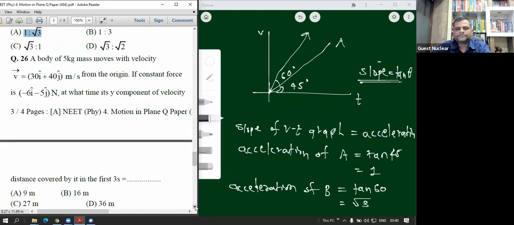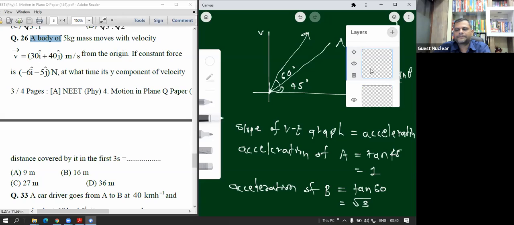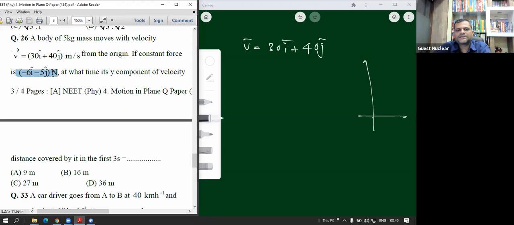Okay, let us see the next question here, 26th one. A body of mass 5 kilogram moves with the velocity v bar, which is given to be 30 i bar plus 40 j bar, from origin. Okay, it is present at origin initially. A constant force of -6 i bar minus 5 j bar Newton acts on it. ओके, उसके ऊपर जो है वो -6 i bar minus 5 j bar इतना फोर्स काम करता है। Okay, so at what time its y component of velocity will be